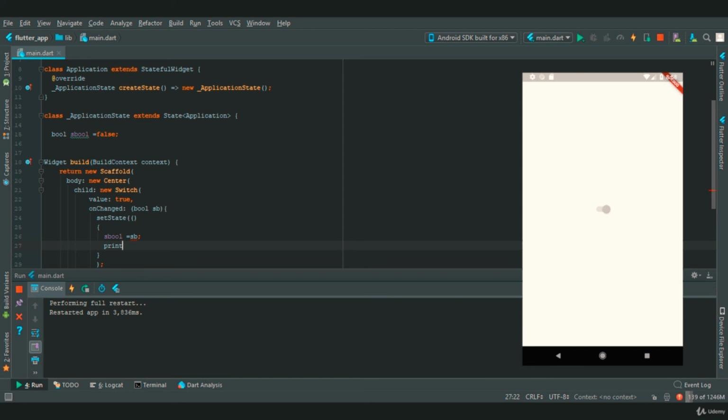To understand which boolean condition is being created, we'll print sbool. Now where it says value, where it says true, we need to provide our sbool. Now let's restart our app.